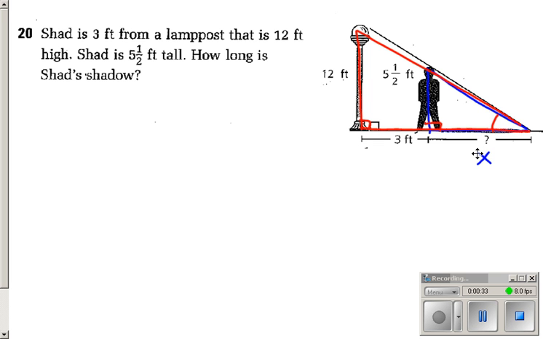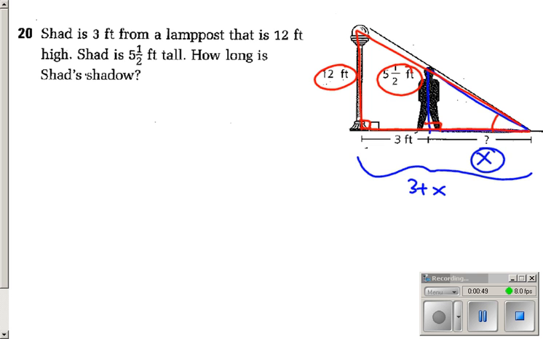Well, that means that if I set up the proportion, this side corresponds to this whole side, 3 plus x. And then this side, the height of Shad, 5.5, corresponds to the height of the lamppost, 12. So if I look at the corresponding parts, x over 3 plus x equals 5.5 over 12. And now here's the problem I need to solve. So let's cross multiply,